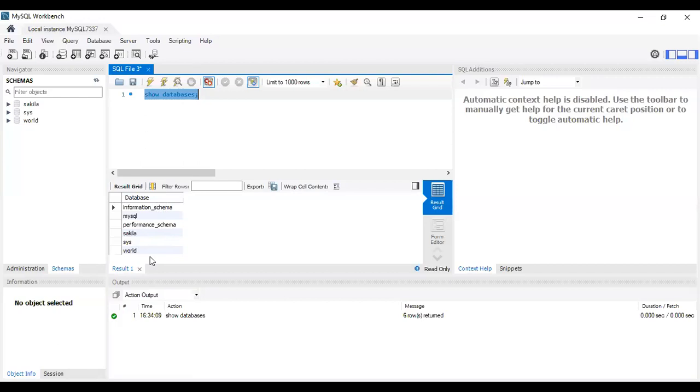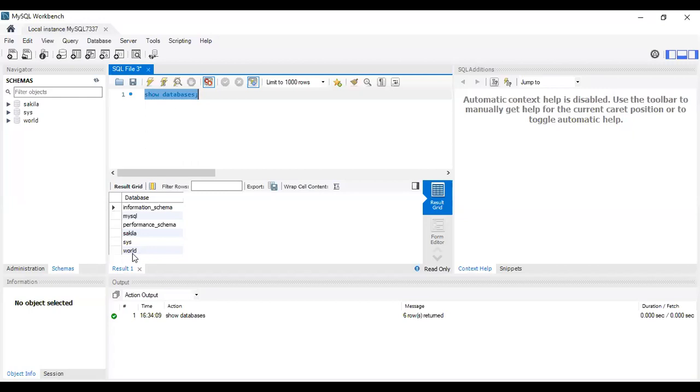Okay, so now these are the databases. Of course, some system reserved databases are there that we should not touch, and better always. These are the sample data they have given, to have a feel of how the data can be arranged, how the data is stored in MySQL for the beginners, right?